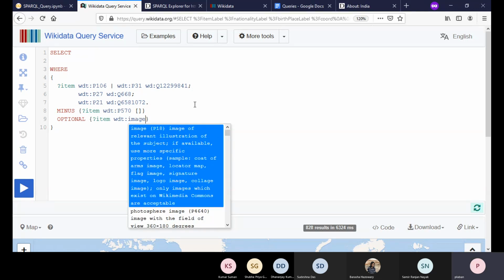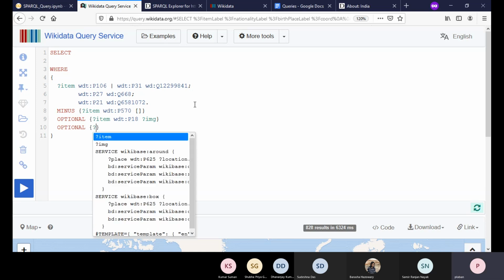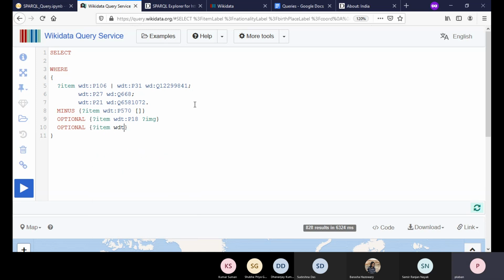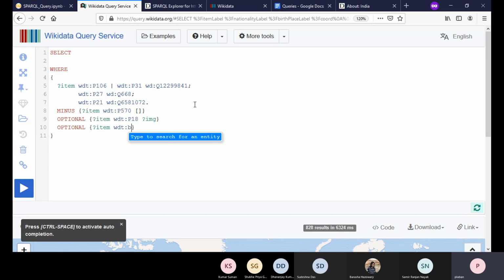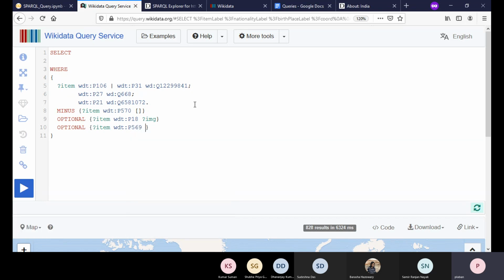The image property is P18 and you just say IMG, right? Then optionally, if they have date of birth, I want that as well. So item WDT, control space, I keep on forgetting, birth, date of birth, and let's take it to be DOB, right?